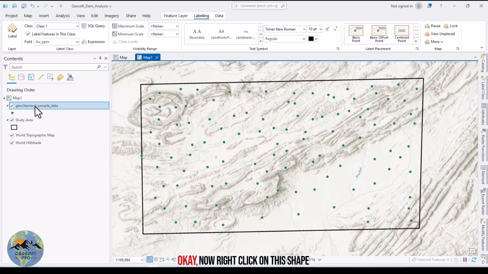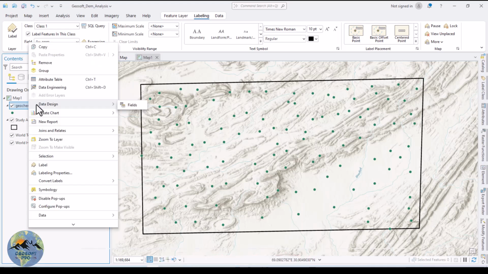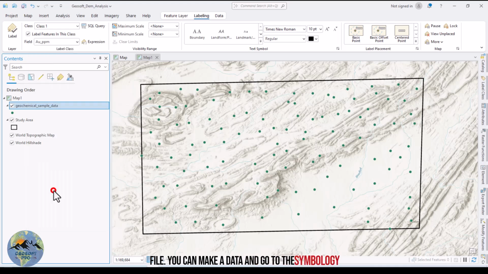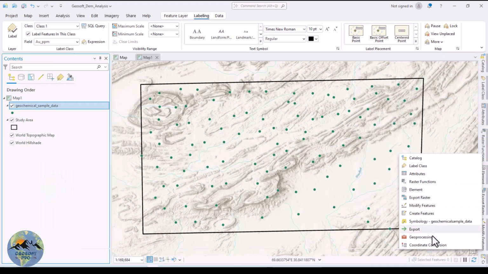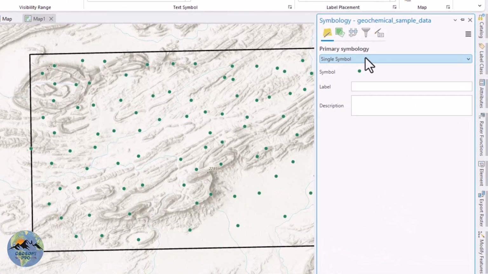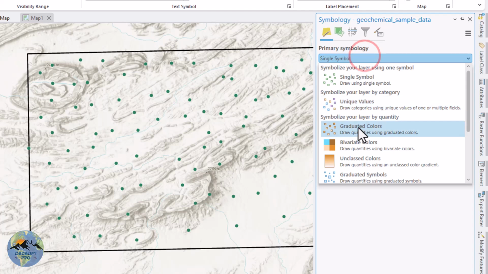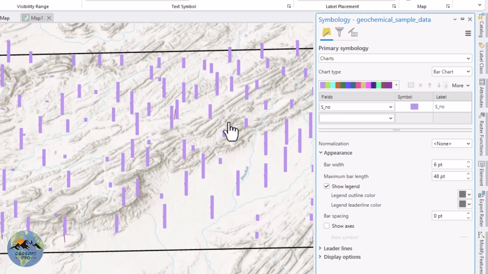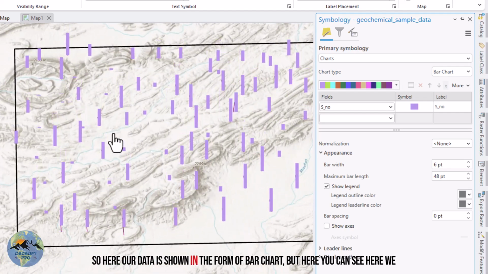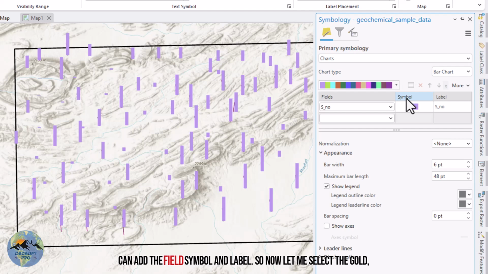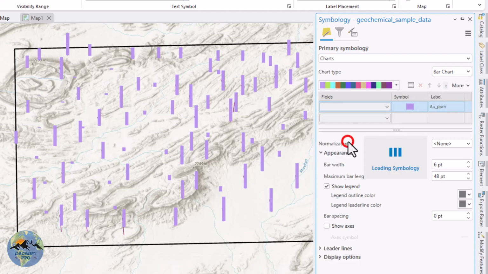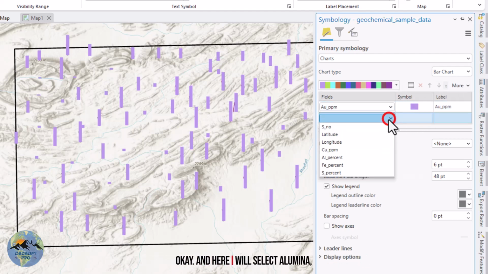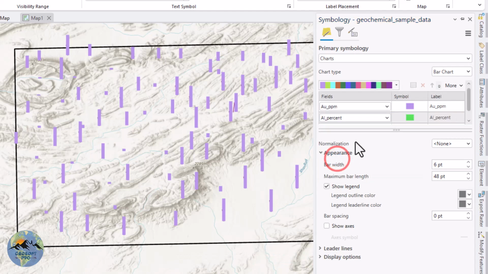Now right click on this shape file, geochemical data, and go to the symbology. Within the symbology, in the primary symbology, select the charts. So here our data is shown in the form of bar charts, but here you can see we can add the field, symbol, and label. So now let me select the gold, and here I will select the alumina,